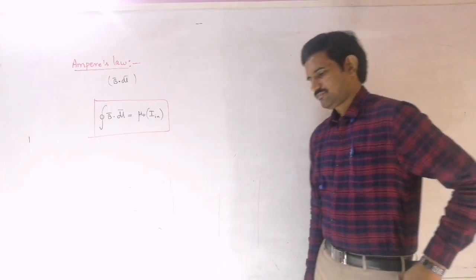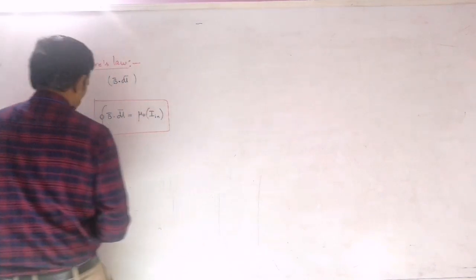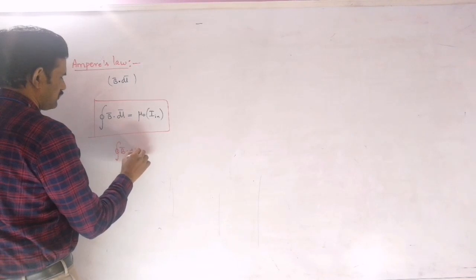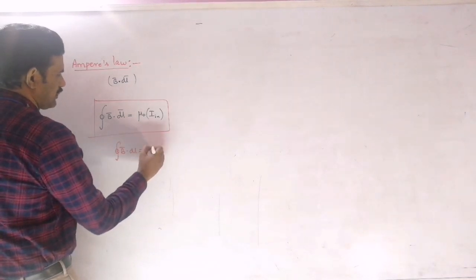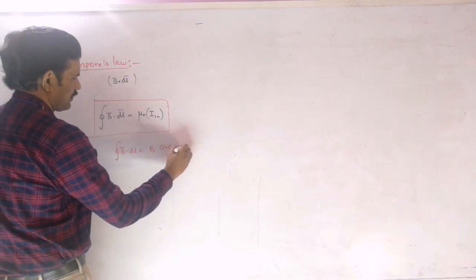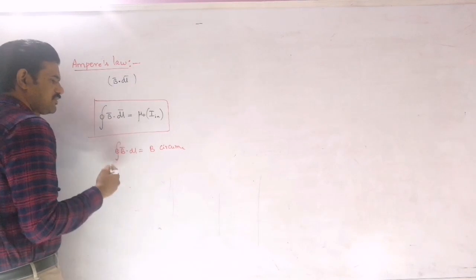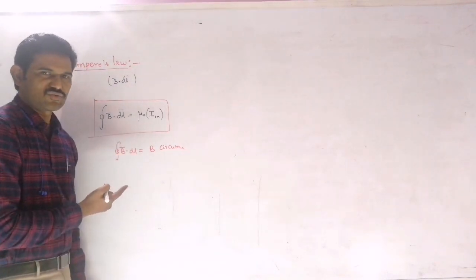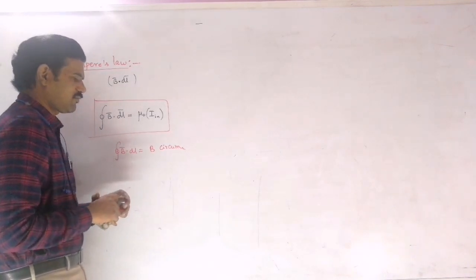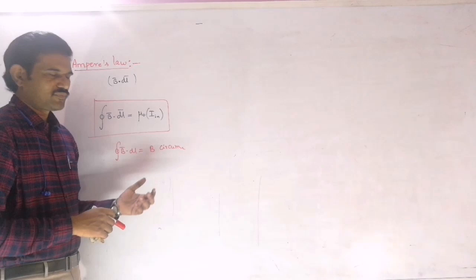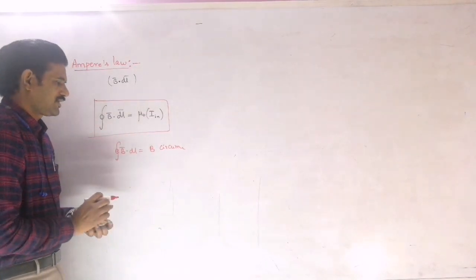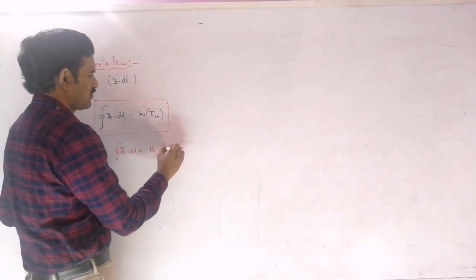So the integral of B bar dot dl bar is equal to B into the circumference, and in that case B is also constant in magnitude, which we are assuming there. Since B bar and dl bar are parallel, and B is constant in magnitude, the integral of B bar dot dl bar can be simplified.